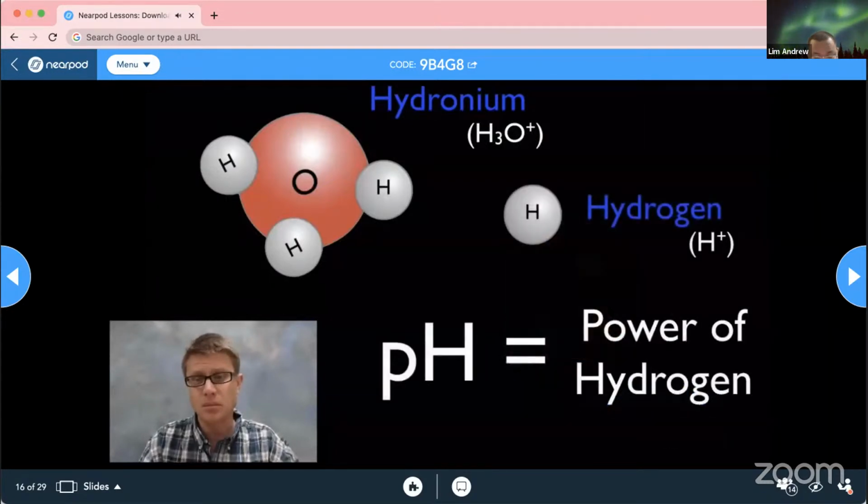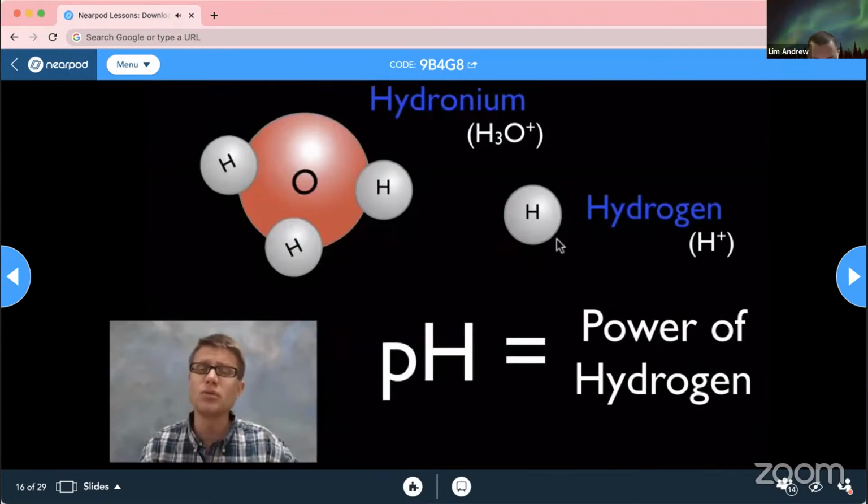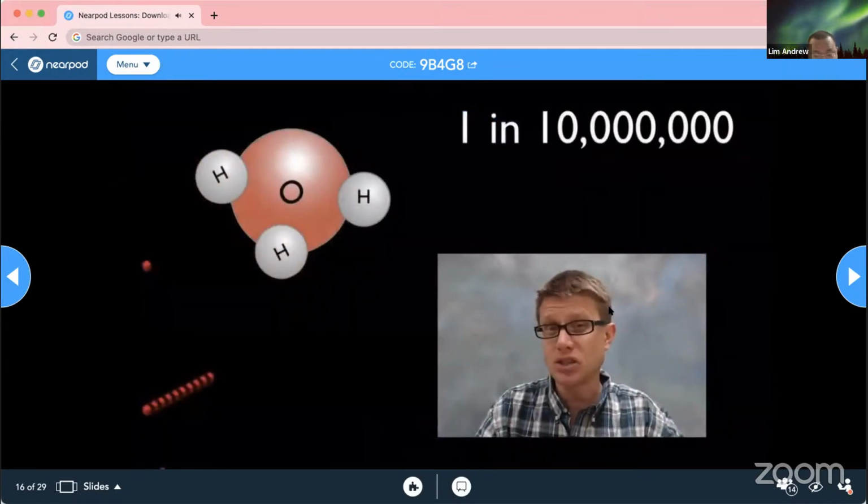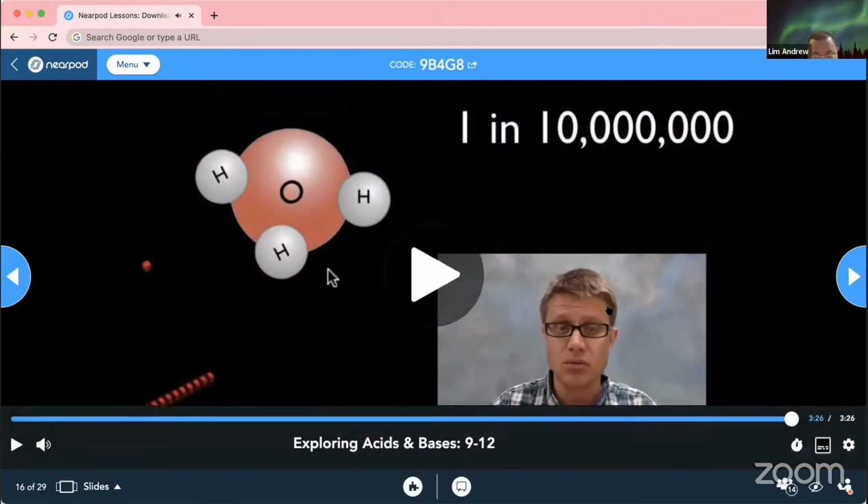And so what is pH a measure of? Well, the P stands, we think, for the power of hydrogen. In other words, the amount of hydrogen. But it could also be the amount of hydronium or the amount of just free hydrogen ion inside the water. And so if we look at the power of that, or almost the percentage of that, that's what pH measures. And in regular distilled water, the amount of this occurring is really, really rare. In other words, it's a 1 in 10 million chance.